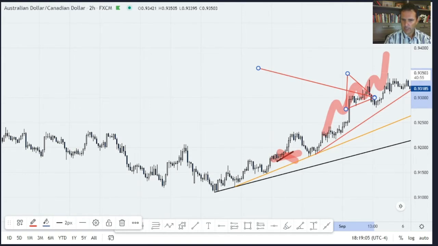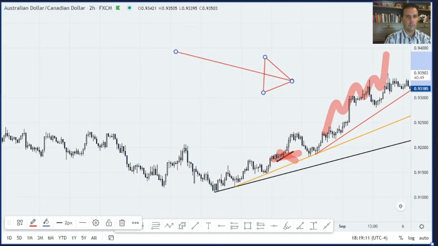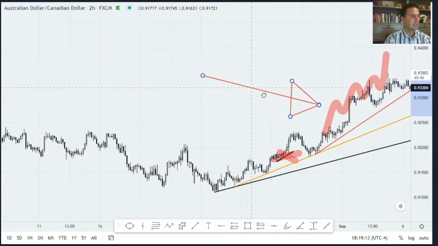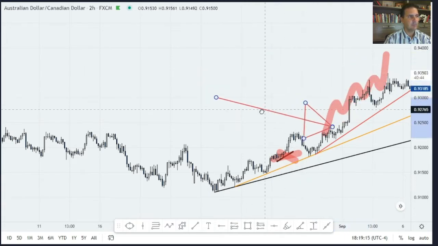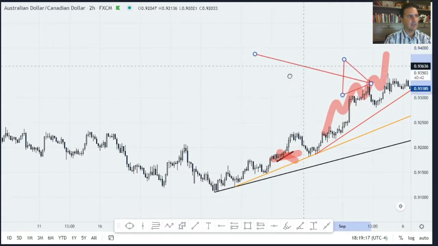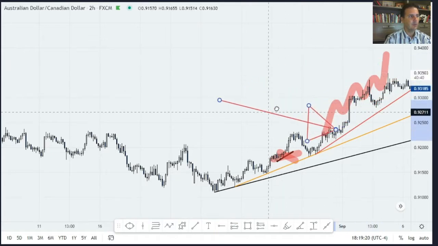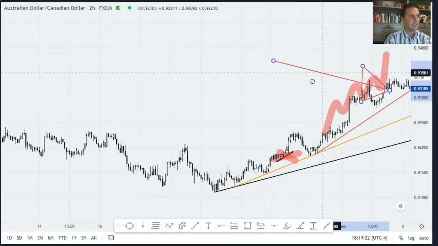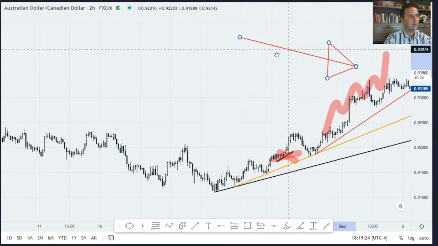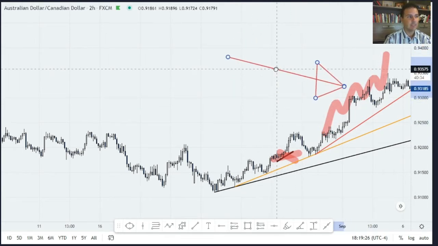Can't wait to go back and watch the rest of your videos. Thank you very much. Okay, very slowly for the grandpa. This trend line was okay because it was making higher highs, higher lows. So this trend line followed the concept that the trend line is a tool that confirms the trend, in this case, the uptrend.